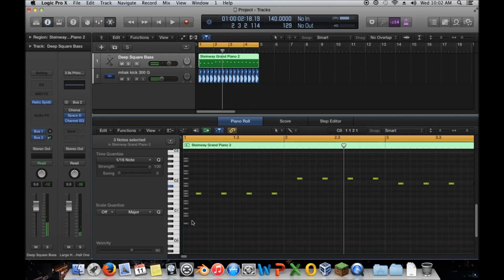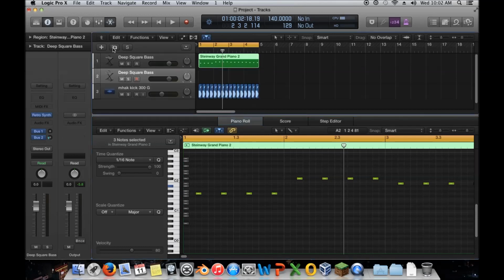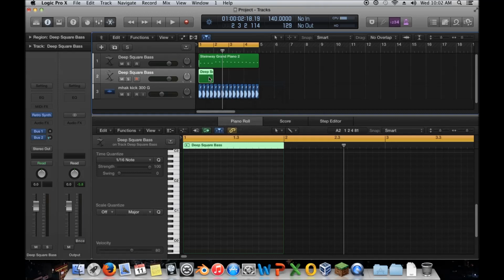So it's just basically a very simple bass line. If I change the actual synth itself so it sounds a little bit more interesting, and if I make these notes faster and then add sidechain compression, it'll sound a lot cooler. But for simplicity's sake, because I've got a lot to cover in this one, I'm going to leave it like this. Now I'm going to duplicate this here, create a new MIDI region,